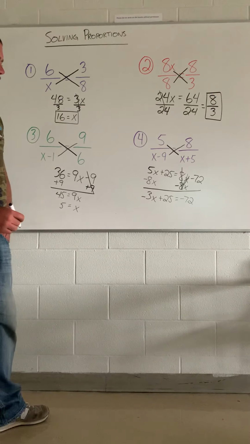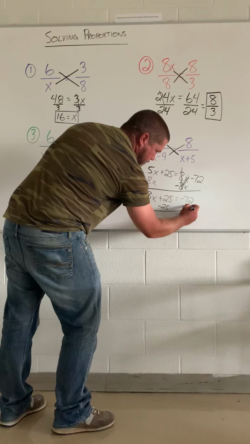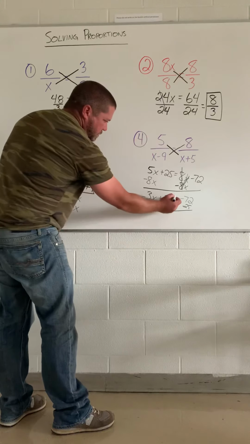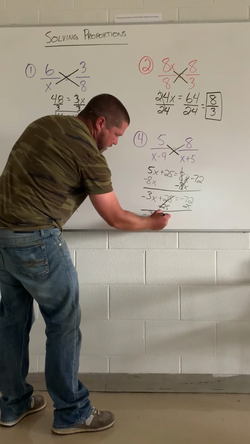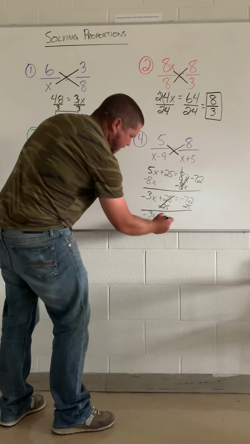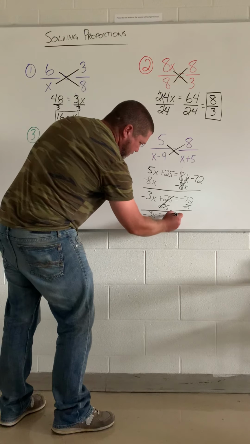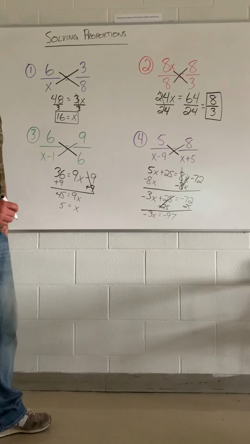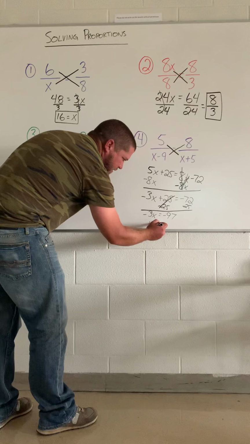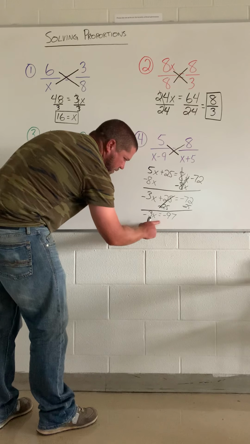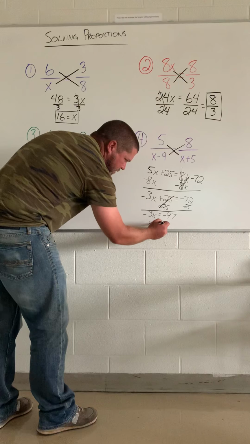All right, subtract 25 from both sides, or in other words, get this 25 down to 0. So those disappear, and we're left with -3x equals -97. All right, now divide both sides by -3, and we're left with x is 97 divided by